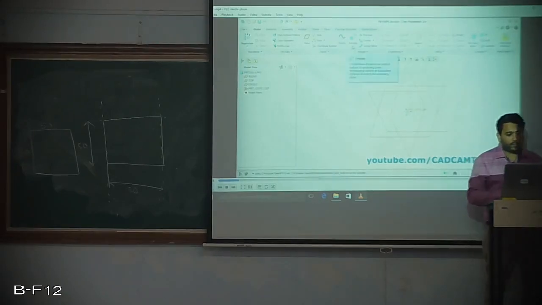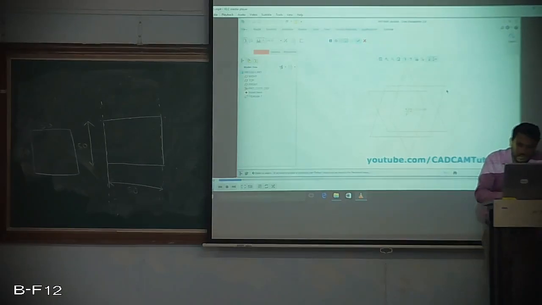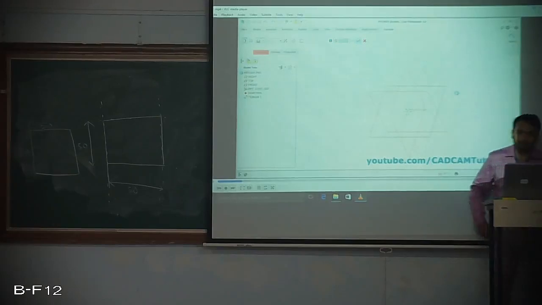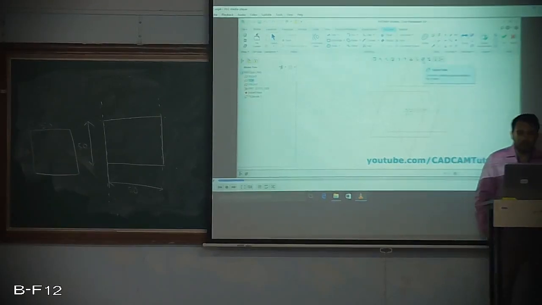So now, before going into the drawing of any part, I am just going to show how the different commands in the part drawing environment work. So first is the extrusion command, or the extrude command. Then after choosing the extrude command, just select the plane on which you want to draw. When you select the plane, it is highlighting over here the top plane, and the plane is oriented,